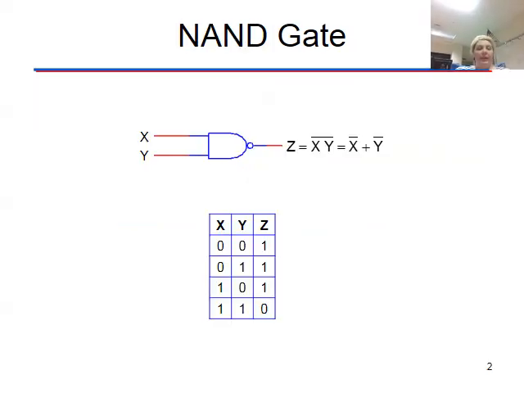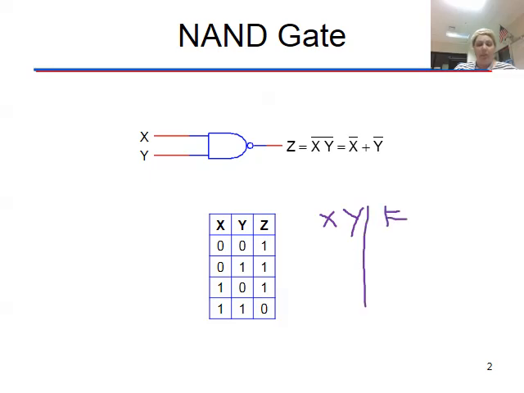So this is what a NAND gate looks like. And you can see that it looks like an AND gate with a little circle. Now, circle generally means inverting the input. So if you look at this over here, this looks a lot like an AND gate. If I were to draw a truth table for the AND gate,